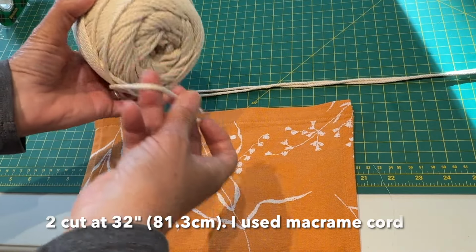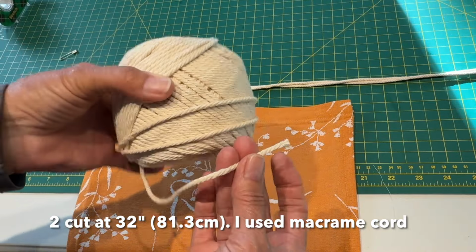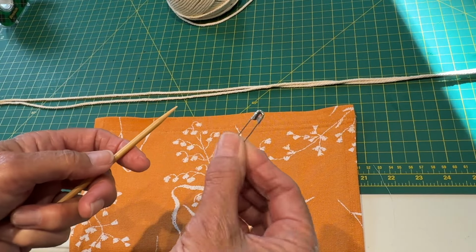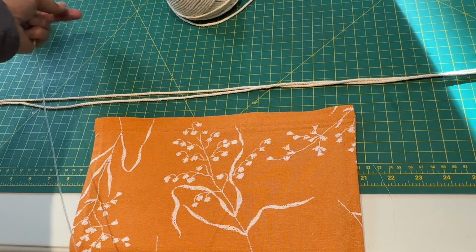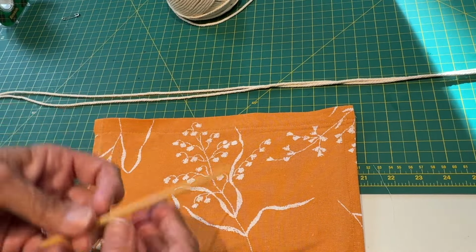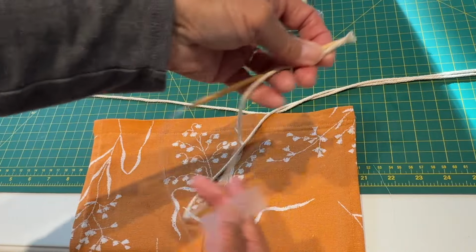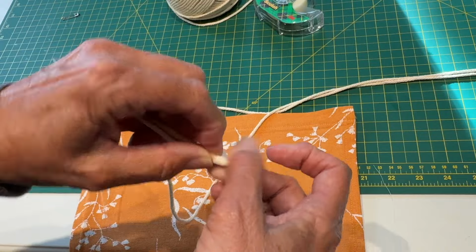You can use your choice of whatever you want for your drawstring. I happen to have an overabundance of macrame cord, so I'm using that. To thread your cording through, I used to always use a safety pin, but I just find it takes too long. So now I just tape my cording onto one of my circular needles, and I find that works really well. Taping it on in the same direction as the circular needle, and I'm just using some tape to tape that on,